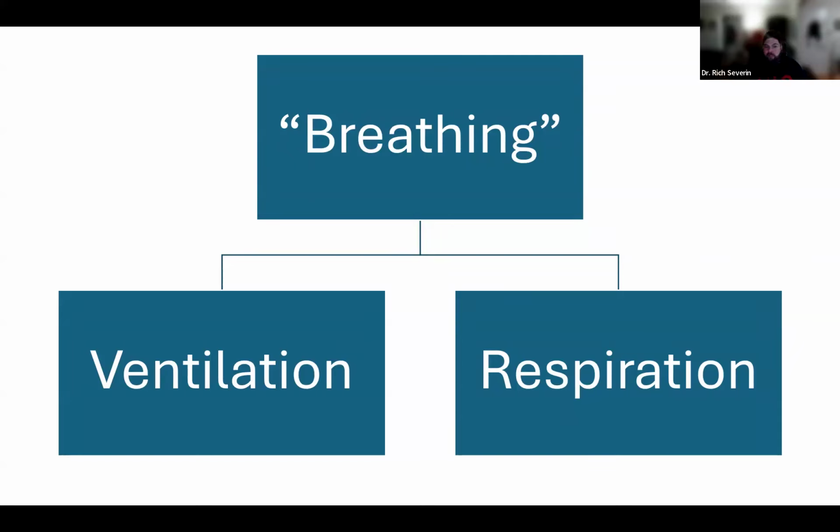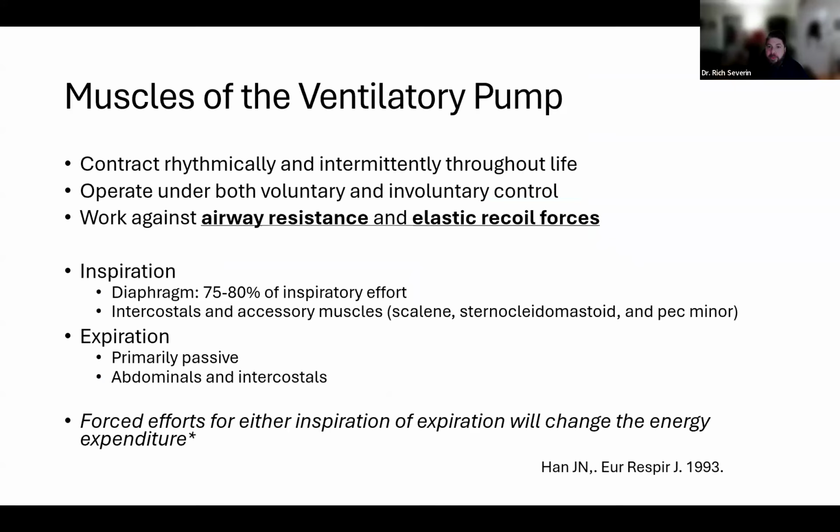So when we're talking about the breathing muscles, we're technically talking about ventilatory muscles, because they primarily act on the rib cage, which generates the pressure to allow air to flow in. They indirectly affect respiration. That's really more perfusion, and then volume of air as well. So I'll probably use these interchangeably today, but just remember, we're talking about two separate constructs: ventilation versus respiration. So the muscles of the ventilatory pump,